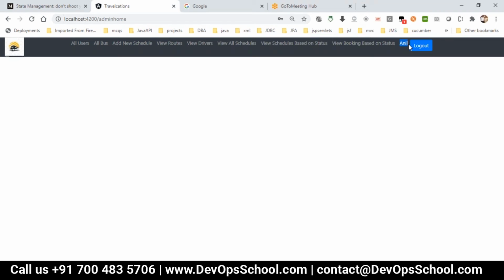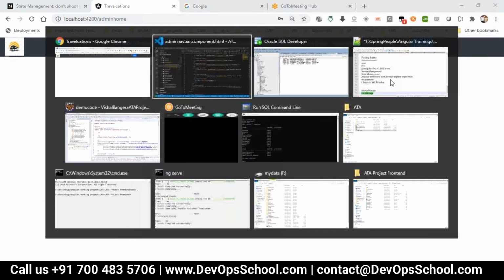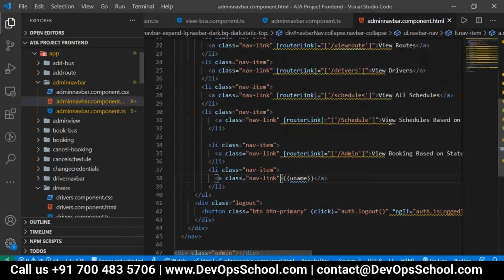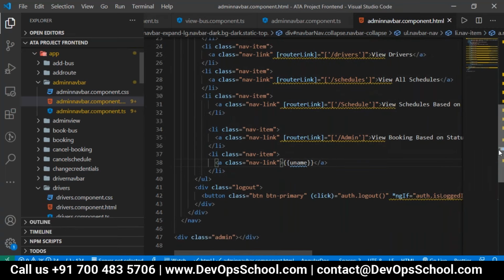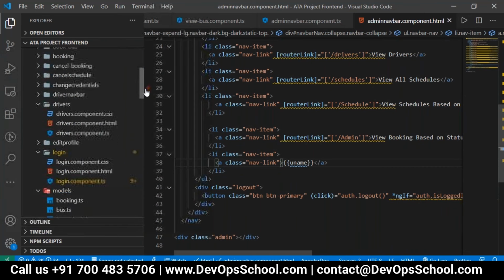So this way we can take care of the session management, that is, taking care of your username and password. Once you have done the logout and come back, you can't get in. But we want to clear the things stored in the local storage.